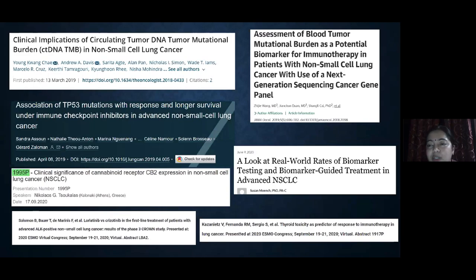I did a quick Google search looking at biomarkers in lung cancer, and of all the papers that I came up with, most of them were talking about the biomarkers and response to immune checkpoint inhibitors. But one paper that I found really interesting was looking at the real-world rate of biomarker testing. This is coming from the US, where despite having all the resources available, even today, only 70% of patients with non-small cell lung cancer were able to undergo biomarker testing. So I think that really sums up the issue with biomarker analysis for non-small cell lung cancer. I don't know what the number is for India, but I would be interested in finding out.